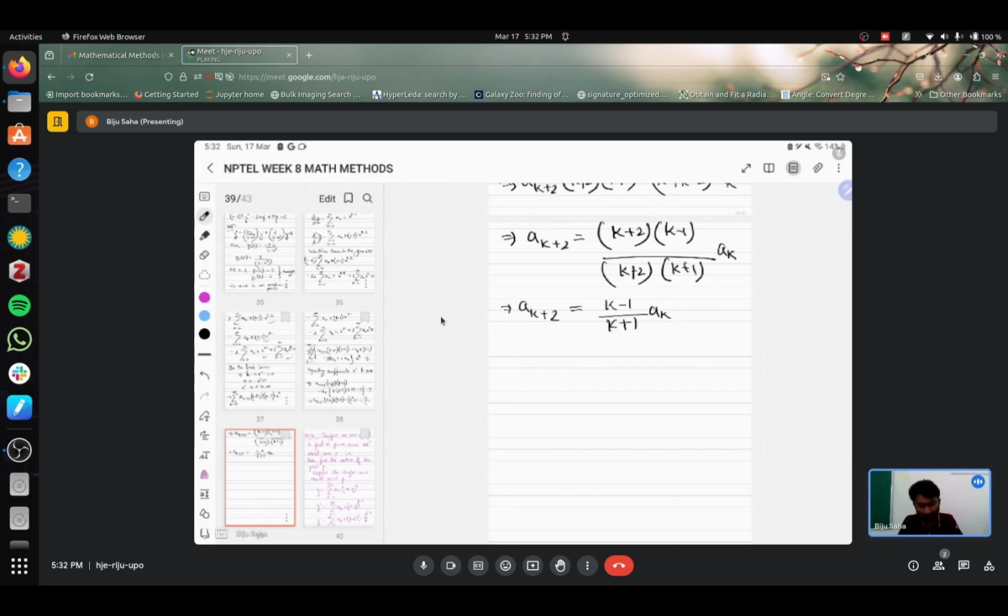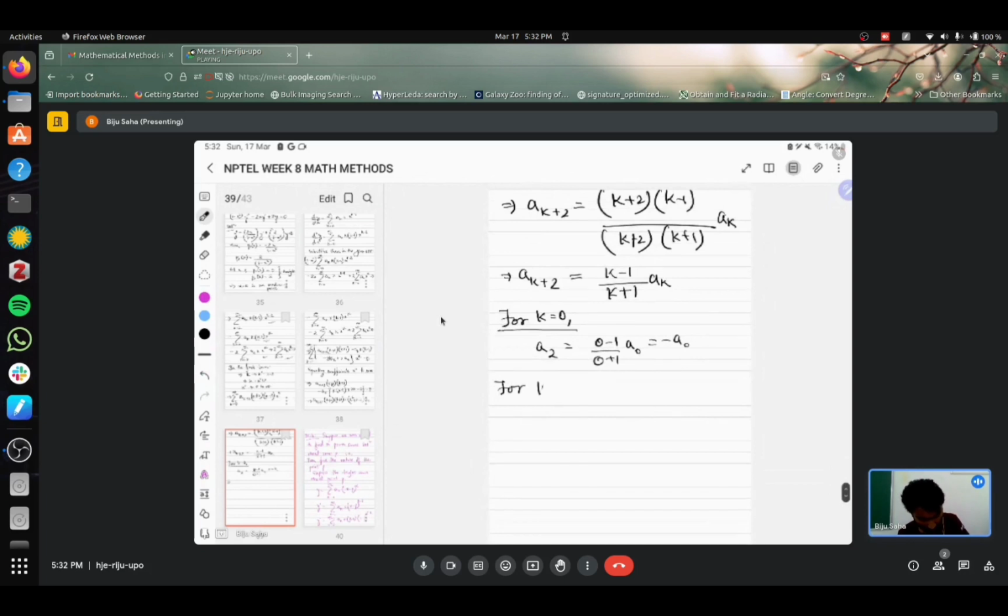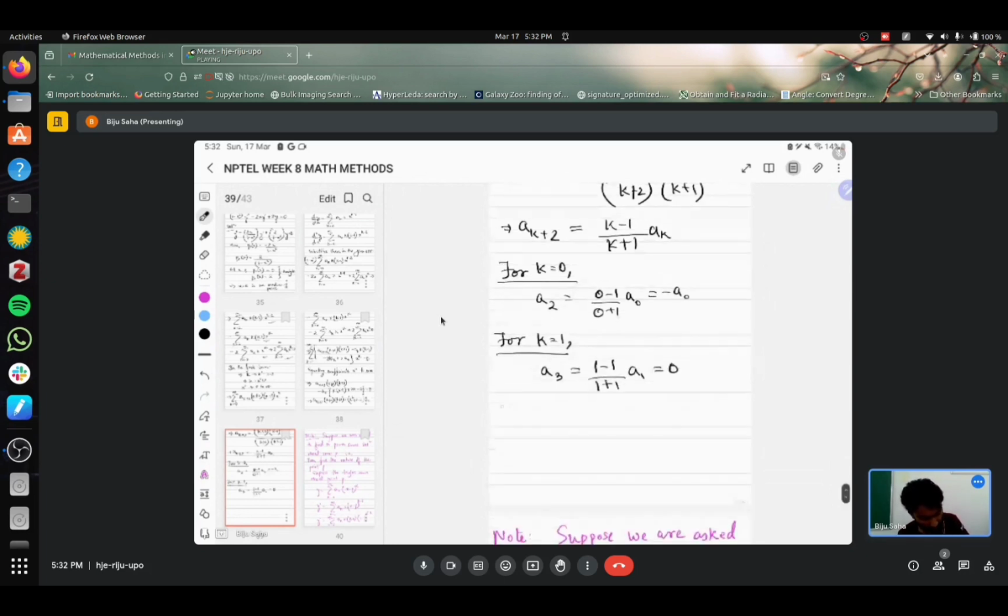So putting different values of k, you can obtain all other subsequent values. Say for k equal to 0, your a2 is minus (0 minus 1)(0 plus 1) times a0, that is minus a0. And for k equal to 1, you have a3 equal to 0. Similarly for k equal to 2, you have